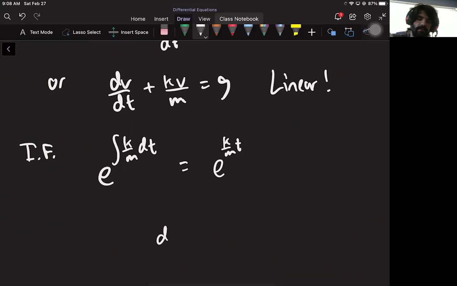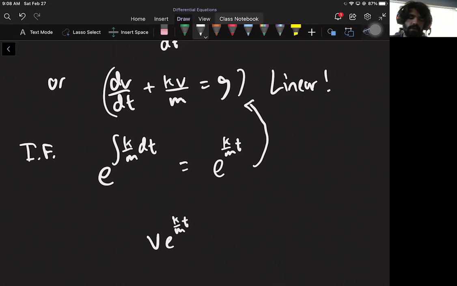And then on the left, it always becomes the derivative, or sorry, no, just v. So I'm going to multiply it to this thing. It becomes v times the integrating factor, because v is like our y variable right now. It's the thing changing with respect to time. Now on the right, you multiply it, and then